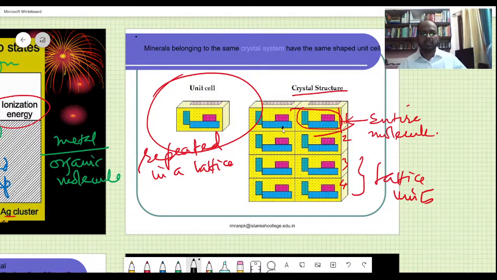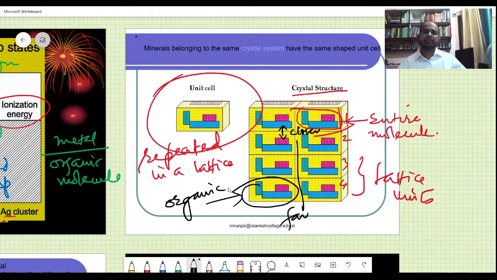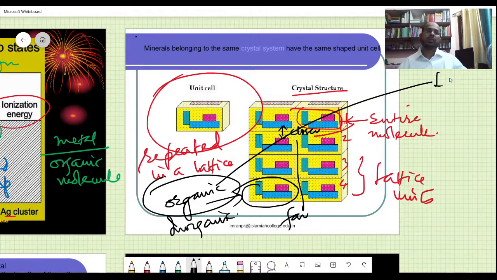Here you see, this is the gap. They can be closer or they can be far, depending on the type of the molecule there. And this molecule can be organic in nature as well as inorganic in nature. For organic, you have light emitting diode properties. Earlier it used to be inorganic materials like silicates and other non-stoichiometric compounds. Now you have light emitting diodes in organic chemistry, we call it the OLED.